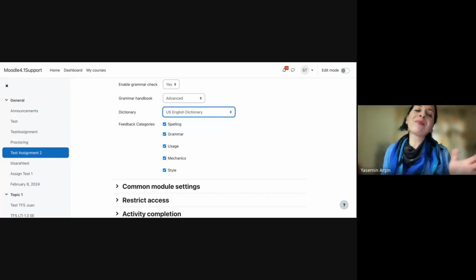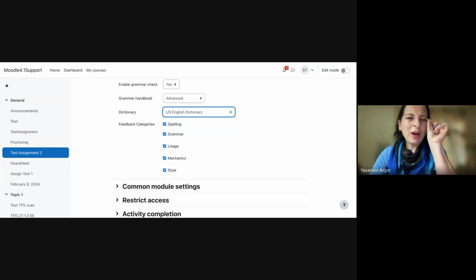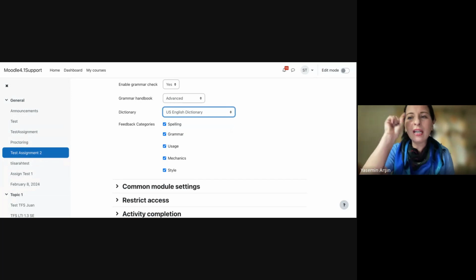If it is not an assignment in English, like let's say in Arabic, it will not work. So you can say no. And if you don't agree with a piece of feedback, for example, provided by ETS e-rater, you can click on the trash symbol and you can get rid of it.